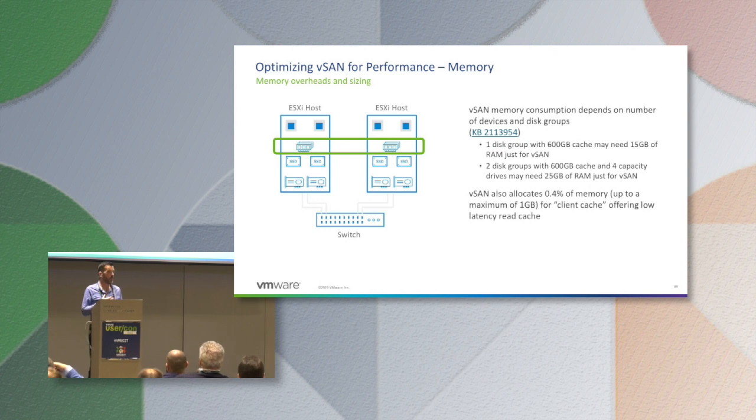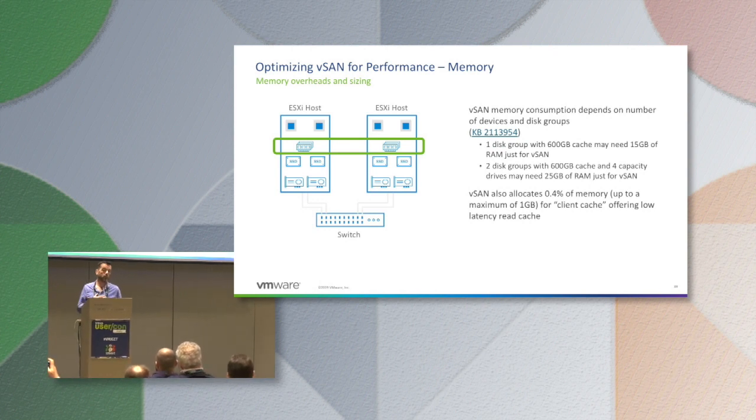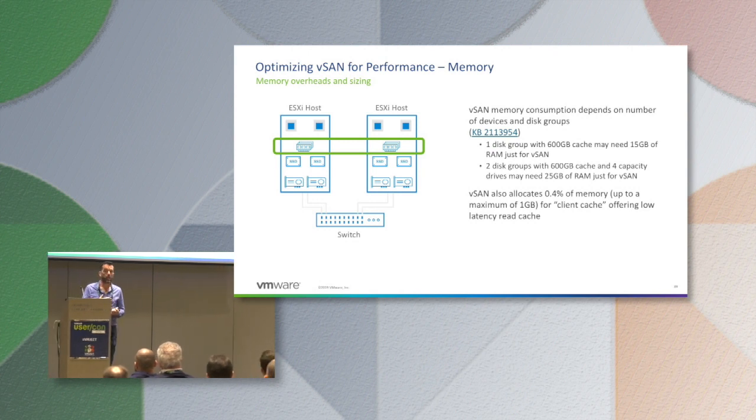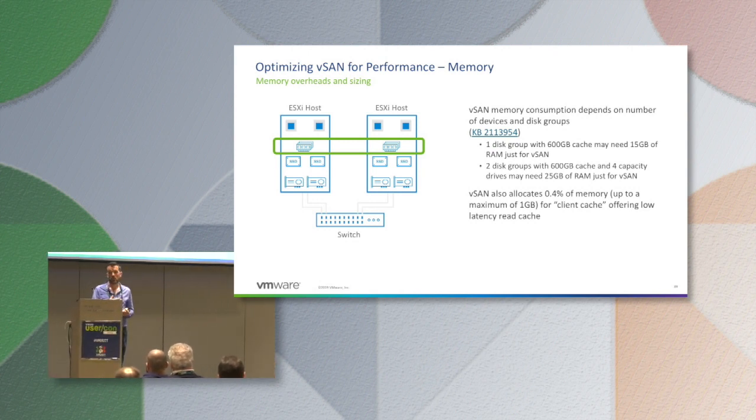Memory. The primary overhead when it comes to memory for vSAN systems is the cost when you create a disk group. Okay, so